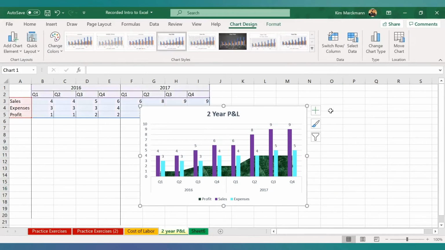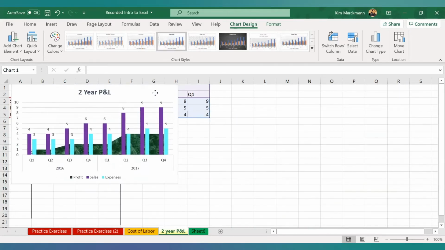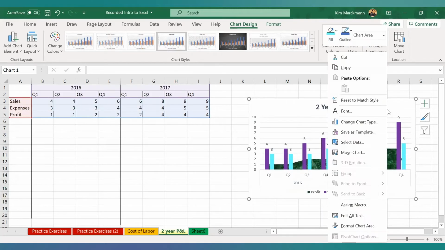And now also a chart can be moved around too. So see how I have my mouse kind of in a white area here. I can just drag it over, so that way it's not sitting in front of my data. I can just drag it wherever I want. Or I can right click, move the chart,